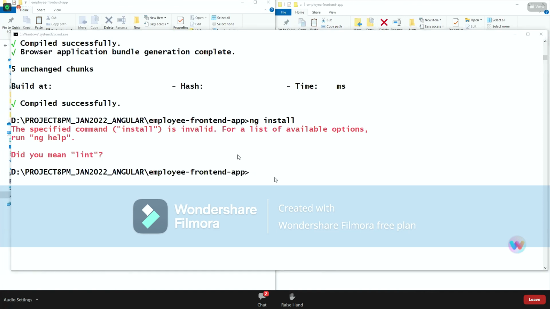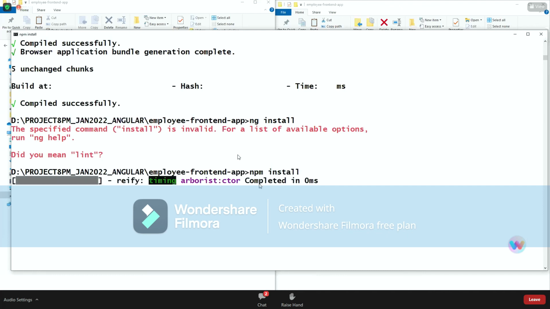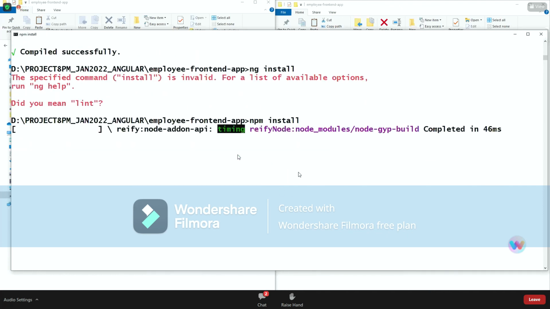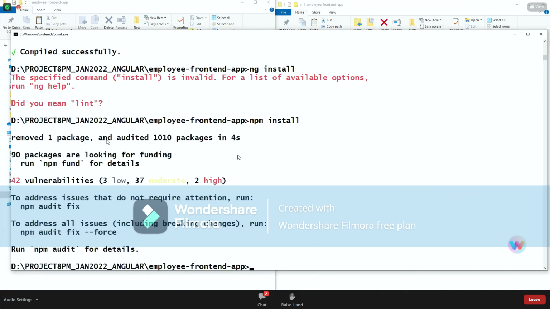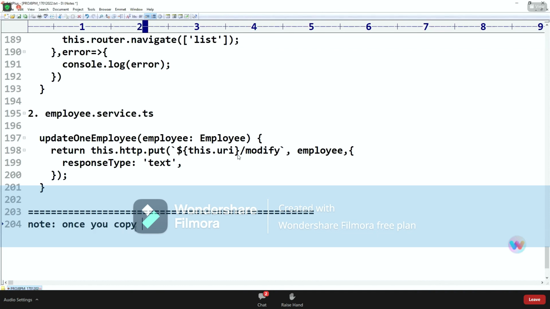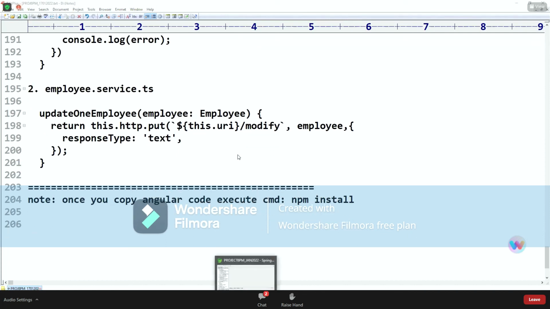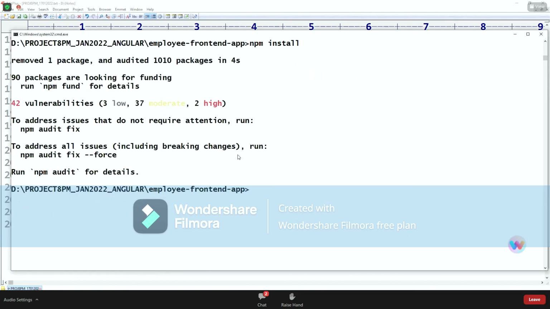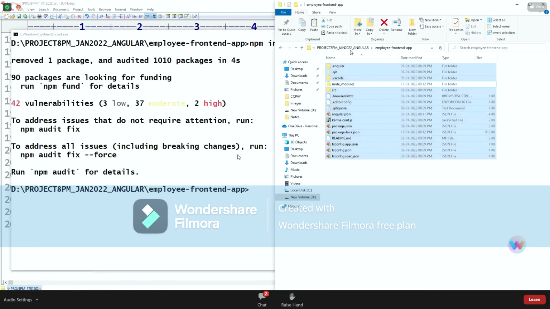What did I say? Sorry, npm install. Node package manager, right? npm install. We have to execute this command, and that will download everything here. I'm just giving a note here. Node package manager install, npm install. ng is for the Angular generating command. A mistake that you have to avoid, so I'm sharing in such a way.